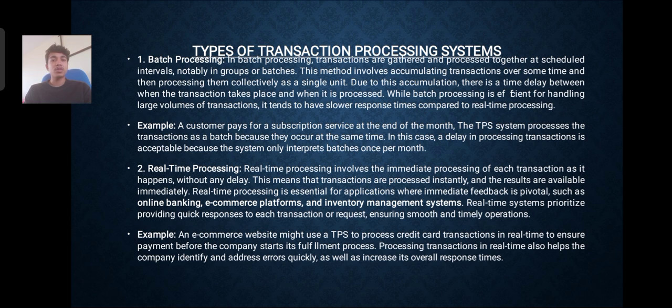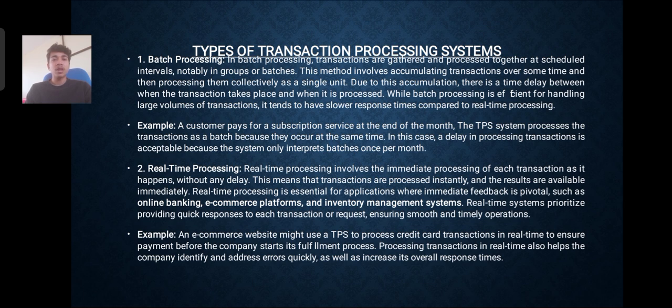Types of transaction processing system. Batch processing. In batch processing, transactions are gathered and processed together at scheduled intervals, namely in groups or batches. This method involves accumulating transactions over some time and then processing them collectively as a single unit. Due to this accumulation, there is a time delay between when the transaction takes place and when it is processed. While batch processing is efficient for handling larger volumes of transactions, it tends to have slower response times compared to